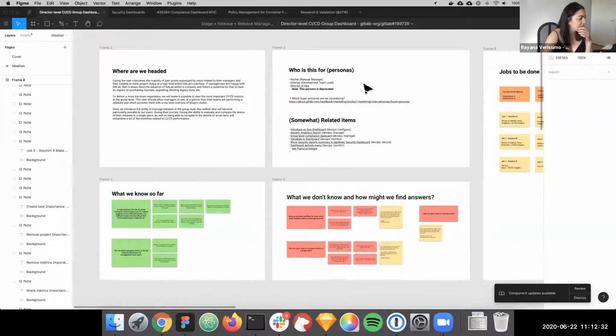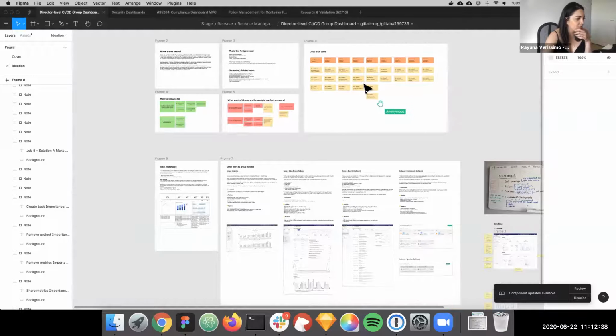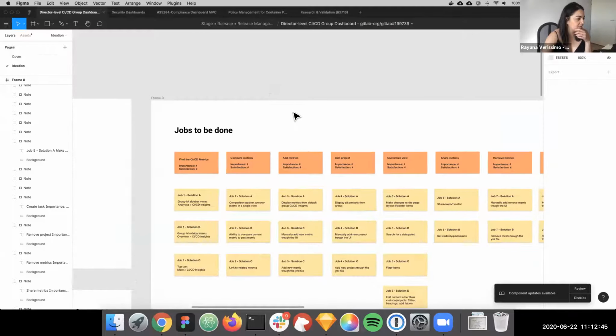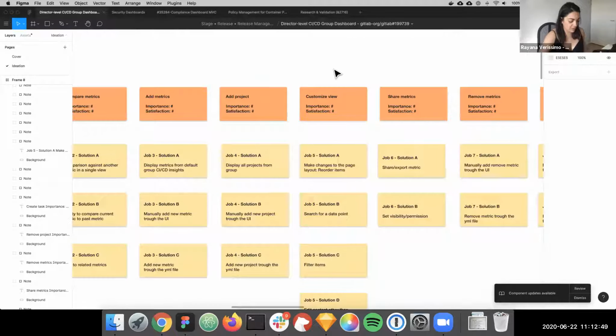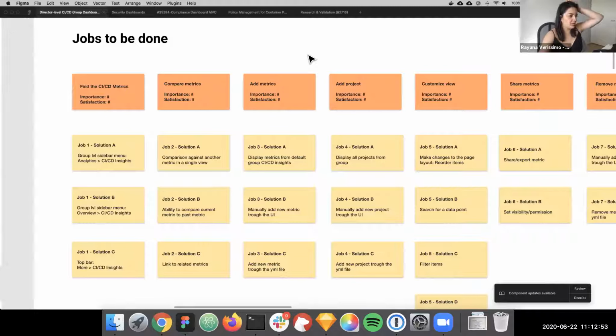And yeah, we have this Figma project with pretty much all design information that we collected so far for the CI/CD dashboard. And like what Jackie mentioned, when we look at, let me zoom in a little bit more, when we look at the jobs to be done for the dashboards, I think one of my main questions